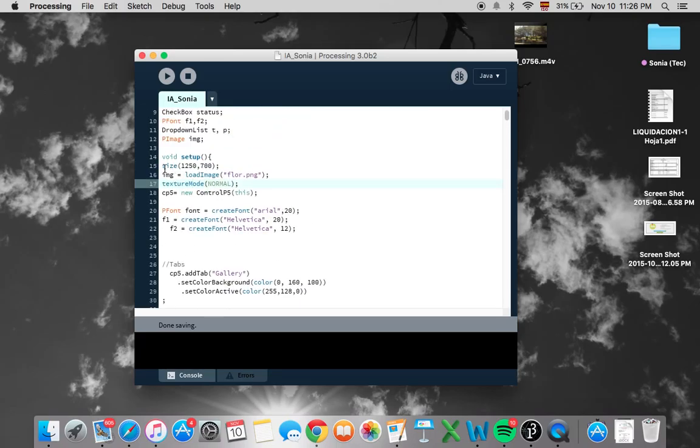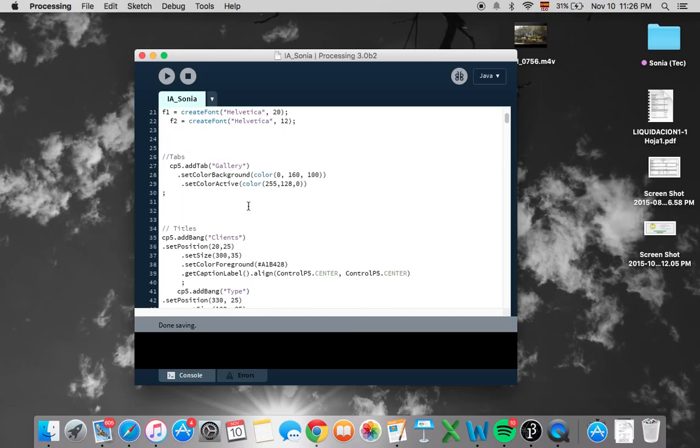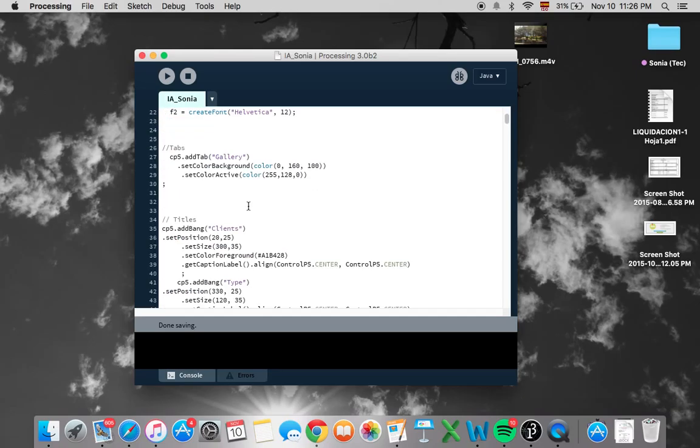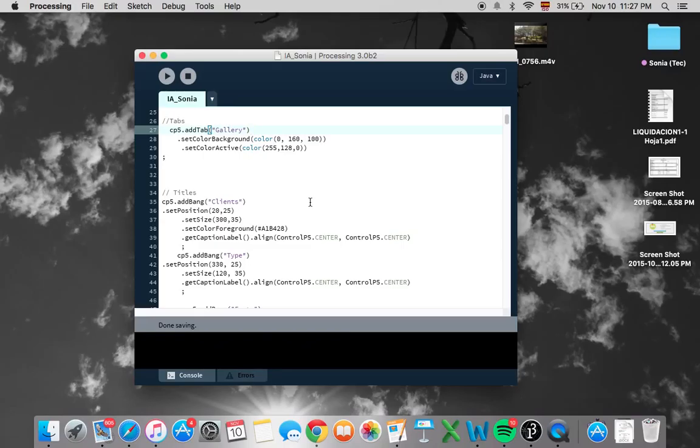Well, in here I set the size. Later on, there is the whole structure of the interface, in which I use some tabs that will help me to have an easier navigation through the software. Later on, in the first interface, I have a little table of content in which the user